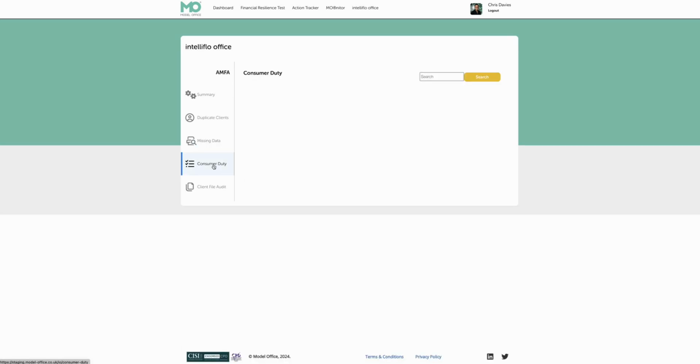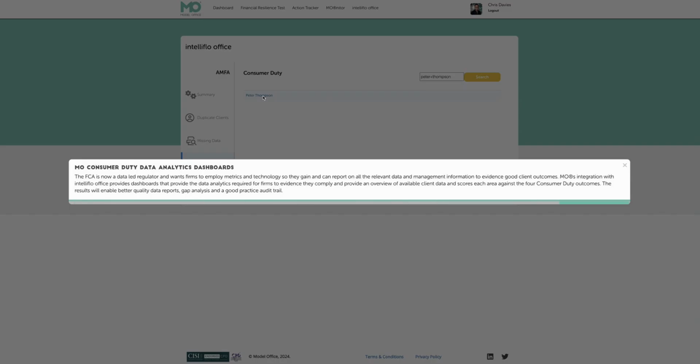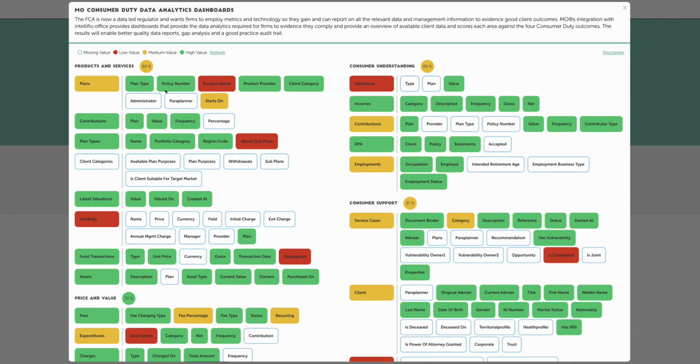Then if we take a look at the consumer duty, this is just looking at individual client names that you can place into this area here, and then click on that particular client. What this then does is go through, the AI now is sense checking all the available data, and there you go, it's looked at segmenting the data across the 4 outcomes of the consumer duty. And not only that, it's RAG rated and giving a scoring across the quality, not only the quality of that data, but any key areas it's looking at across the FCA's consumer duty regulations that could